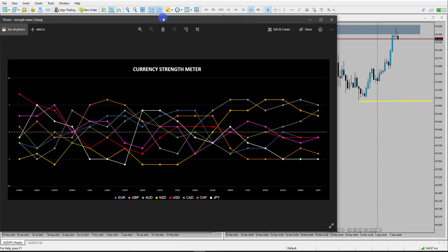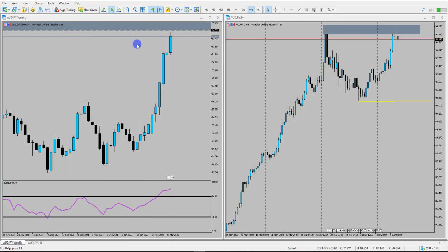Not only that, but we looked at the currency strength meter, which was suggesting that the Aussie, which is this grey line, was at the highs once again and is starting to push a little bit away. Not as aggressively as Kiwi, so you could look at Kiwi yen as well for some potential moves. But Aussie is also doing a similar thing where we're starting to see a little bit of a decrease in the strength of it. So looking at the Aussie yen chart, I want to be looking for potential opportunities for